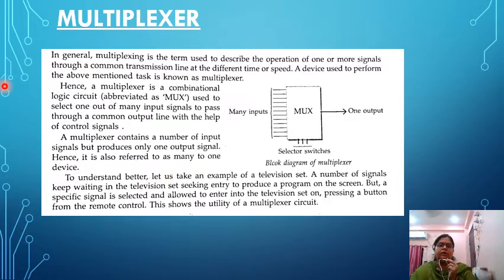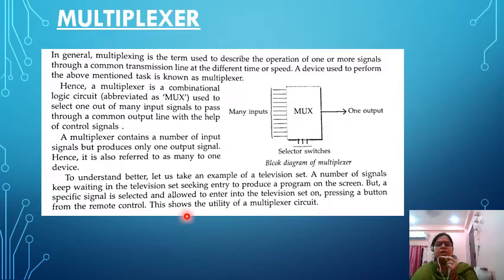For example, we can take an example of a television set. There are a number of signals waiting in the television set seeking entry to produce a program on the screen, but a specific signal is selected. You select your channel and it is allowed to enter into the television set by pressing a button from the remote control.